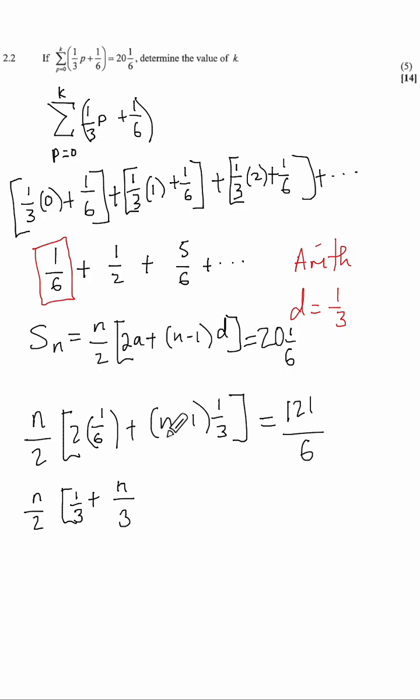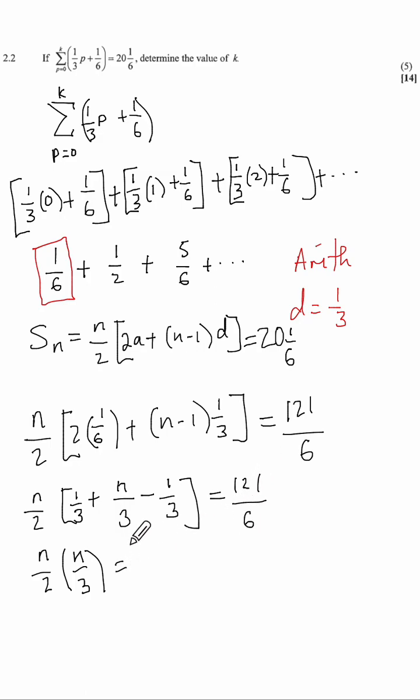Then minus, negative 1 multiplied by 1 over 3 is minus 1 over 3, equal to 121 over 6. Now, I can see that in the brackets I have like terms: 1 over 3 minus 1 over 3. That's 0. So I will remain with n over 2 by n over 3,